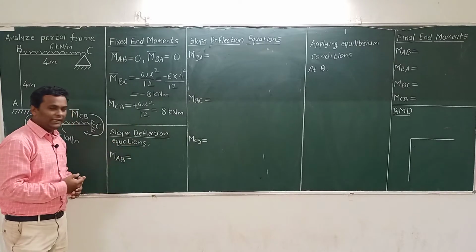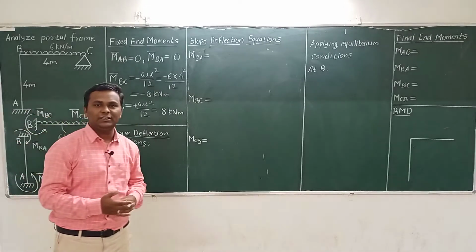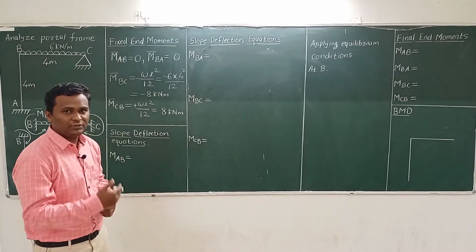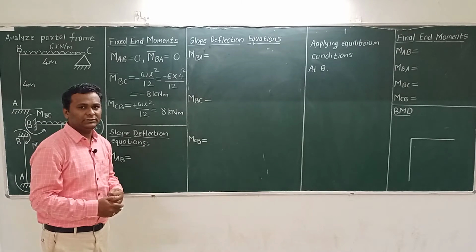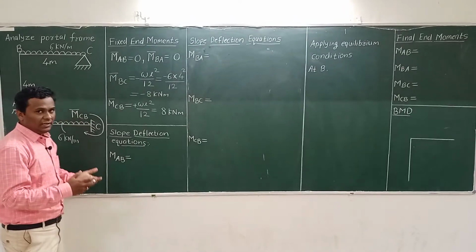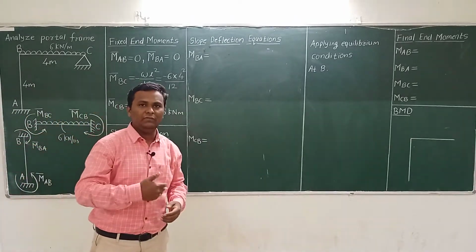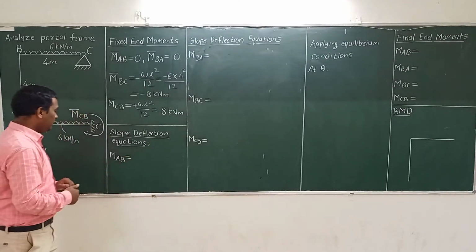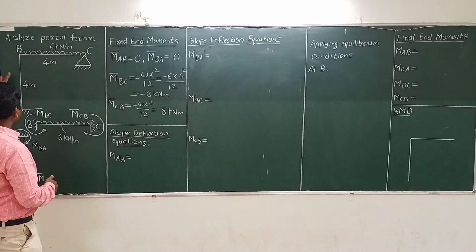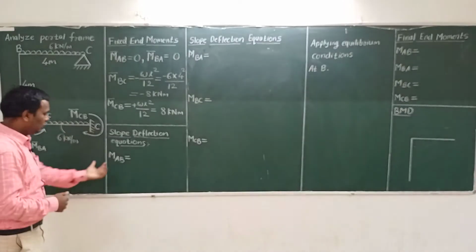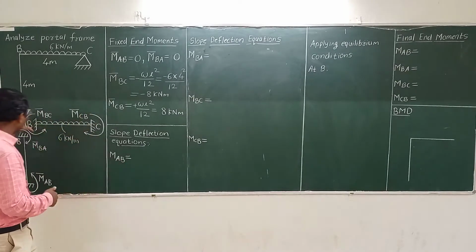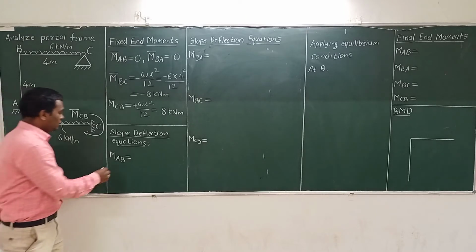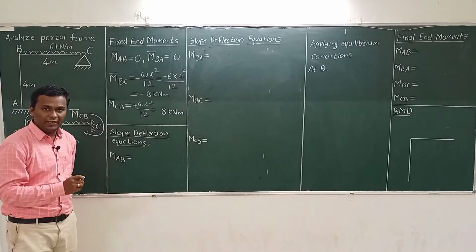Now we have to go for the next step, that is slope deflection equations. While studying the derivation of slope deflection equations, we have to study what are the slope deflection equations for different spans in any continuous beam, or same thing we can apply for the portal frame. Now let us start how to write down the slope deflection equation for span AB and then second for BC. So let us focus on the first span, that is AB, and starting from A, means MAB, we have to write. So MAB, that is slope deflection equation.